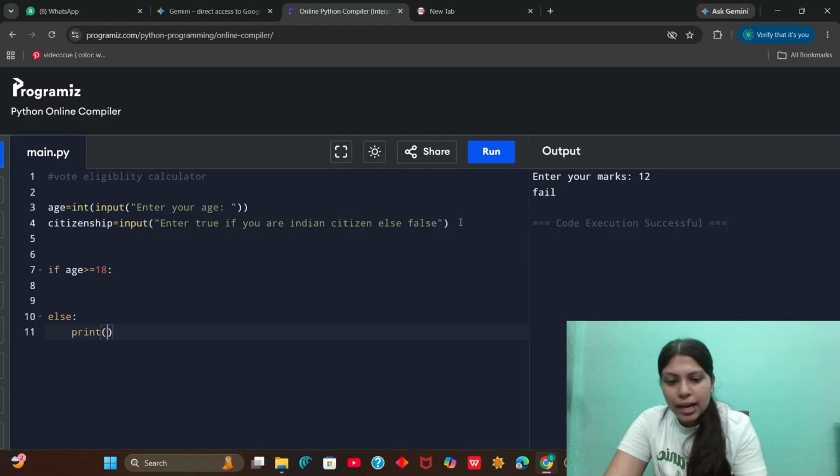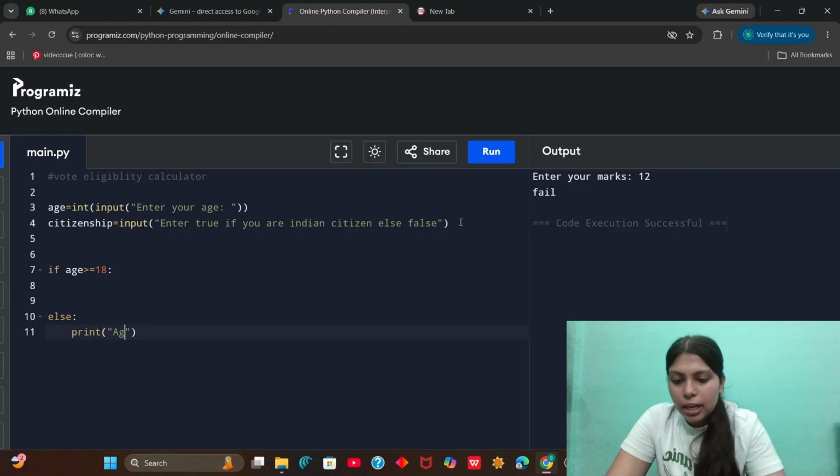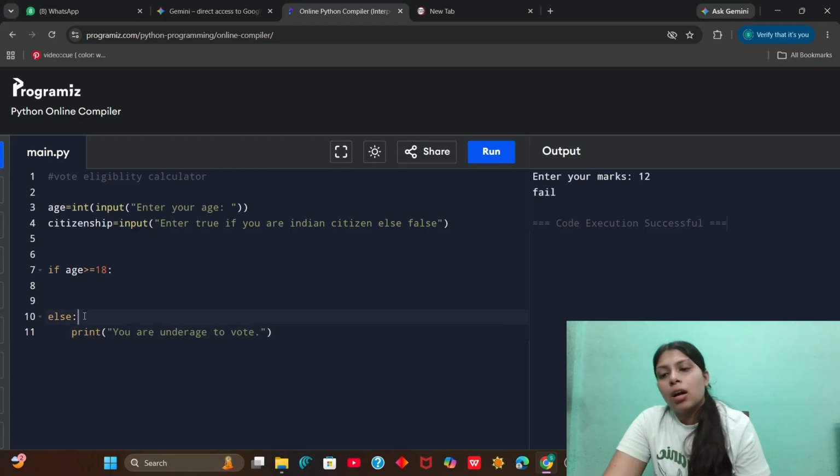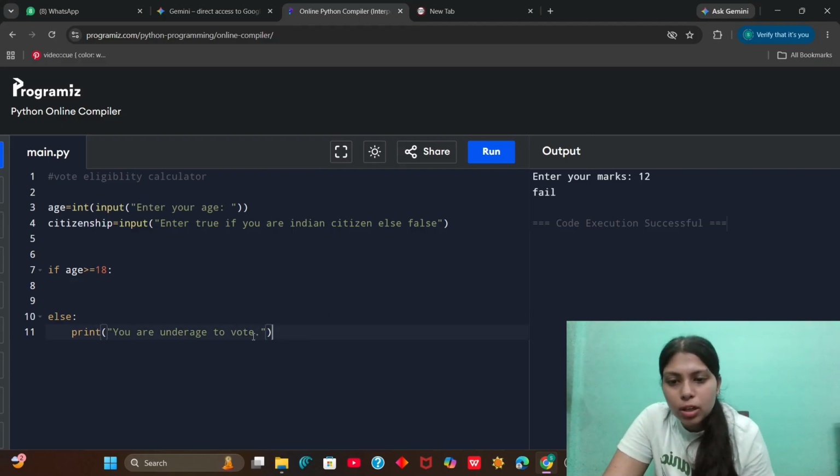I will write you are under age to vote. This is what I will write if the age doesn't match the criteria that we want. What if the statement is true? This is what we have written for the false statement. But if it results to true,